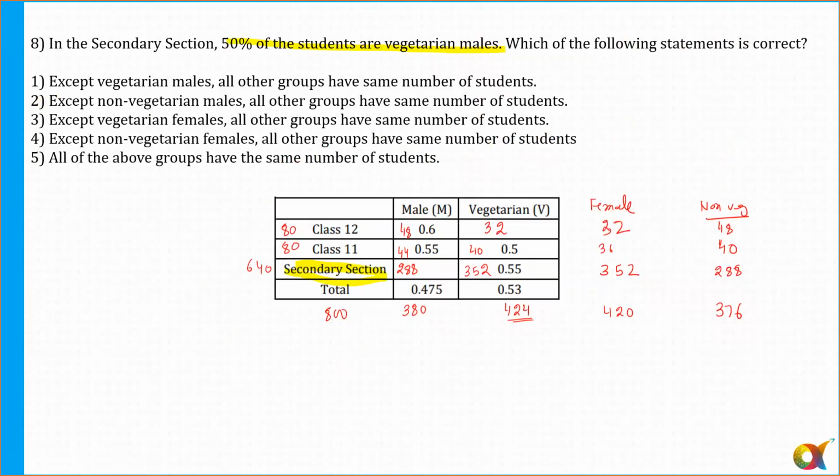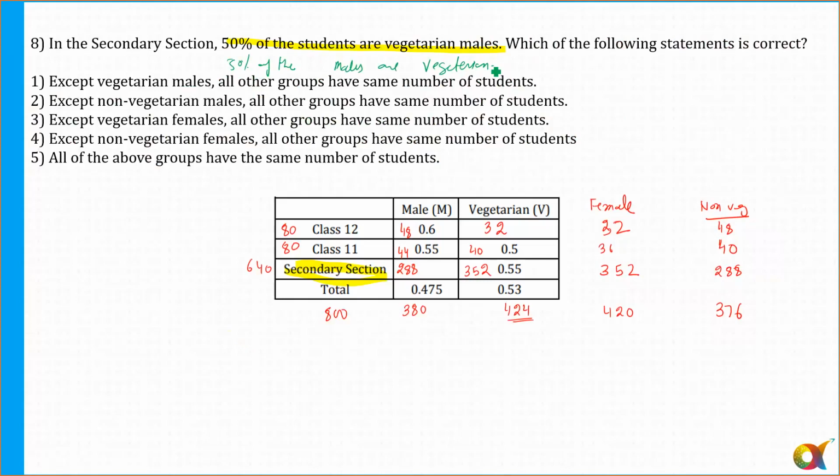So overall, I think this set was easy and doable. Maybe there were some calculations, but not very tricky ones. Such simple values are given, and percentage-wise also it was easy to calculate each and everything here. However, if I change the language of the question, it might be correct. If I say 50% of the students are vegetarian males, that's a wrong statement. If it was given that 50% of the males are vegetarians, this is what they wanted to say here.